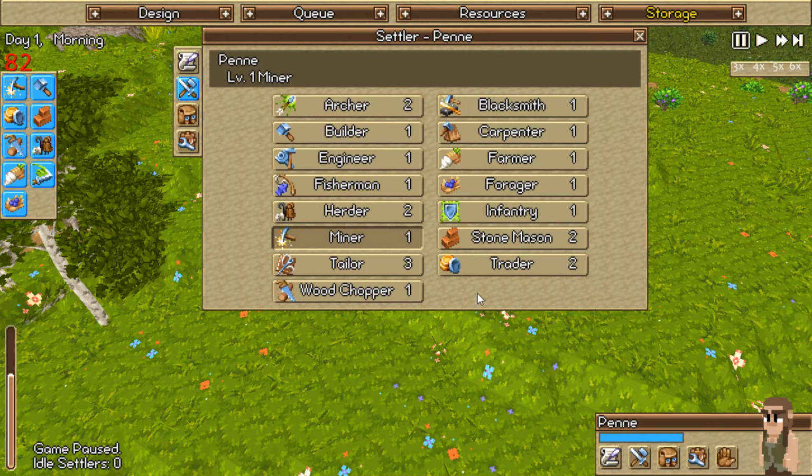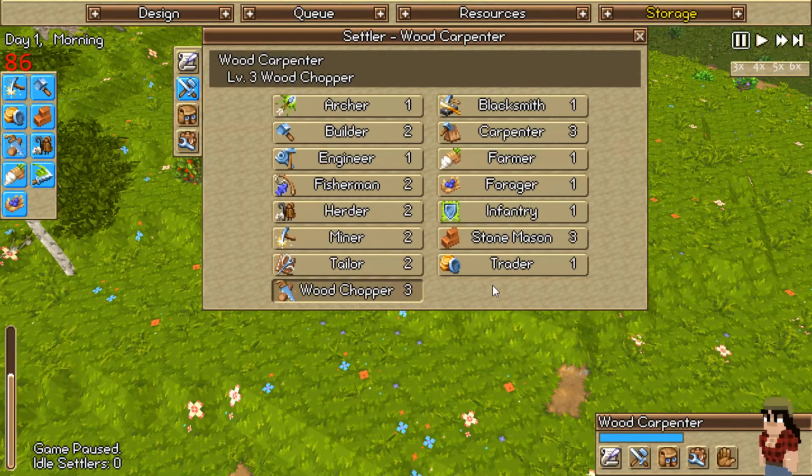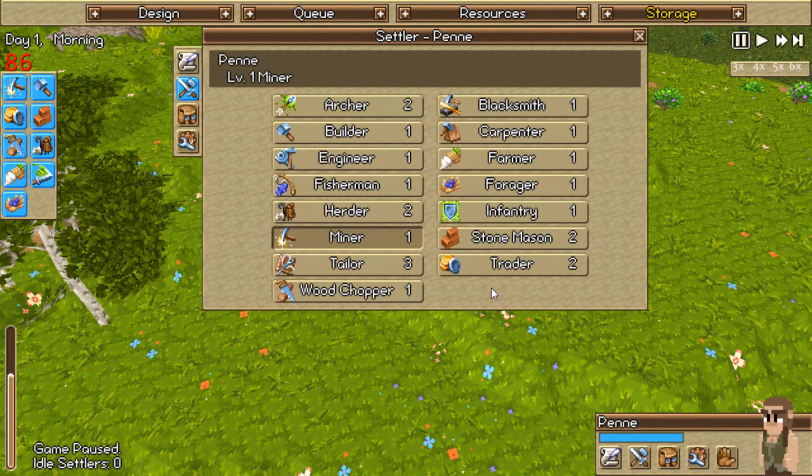Oh, wait a minute. Do I need another miner, or do I need a wood chopper? What do we got here? We've got 1 wood chopper. 2 wood choppers. Okay, so I need a miner. Yep. You are going to be a miner. You may suck at it, dude, but it's what you're going to do. So you're going to be miner...